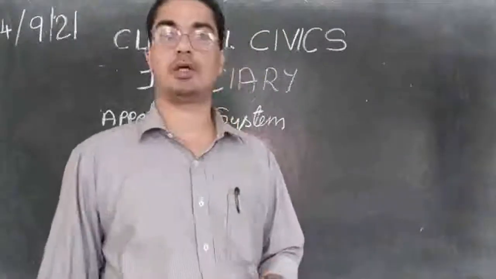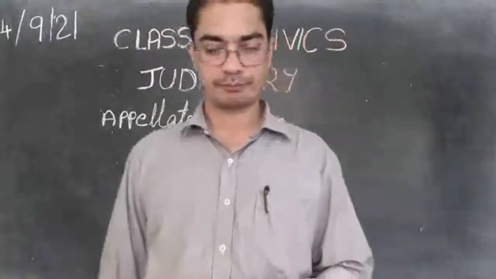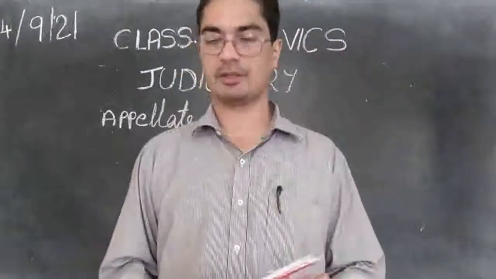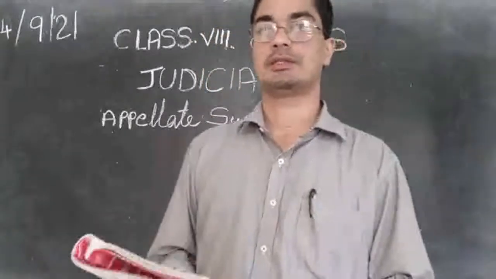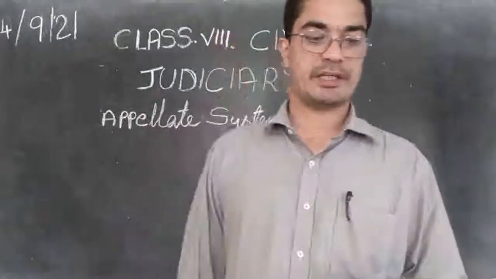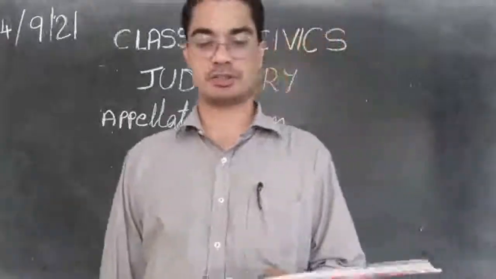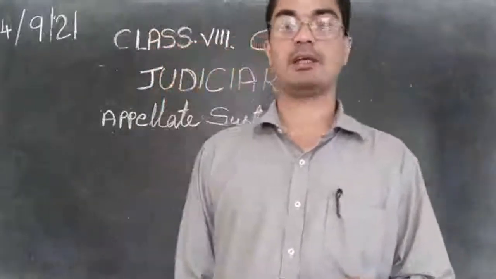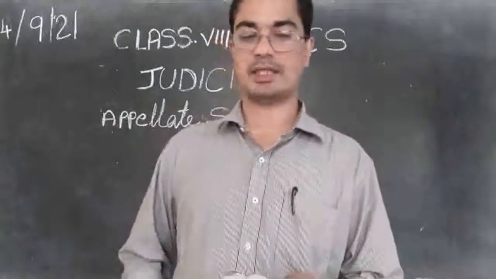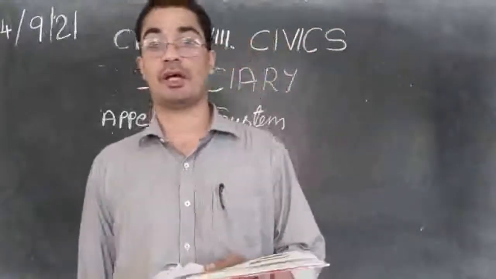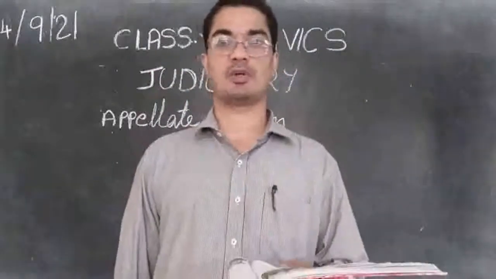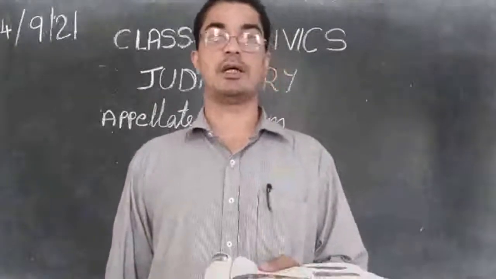So you can take your textbook, page number 58, the second paragraph. There a case is mentioned, explaining how this Appellate system helped the people to get justice. So let us understand what we mean by the Appellate system by tracking a case, State versus Lakshman Kumar and others. It happened in 1985, some 35 years ago.